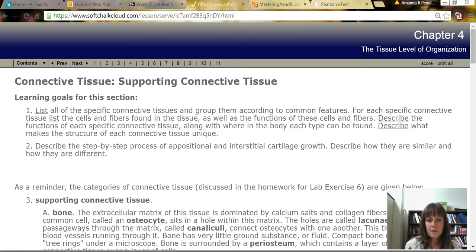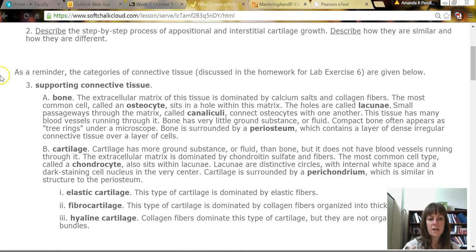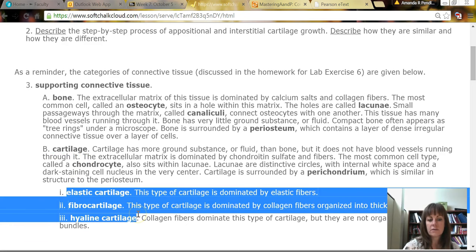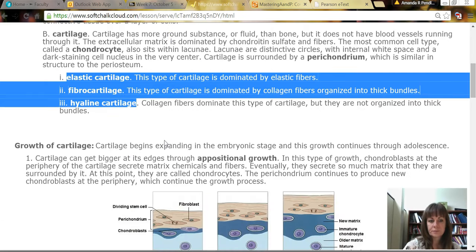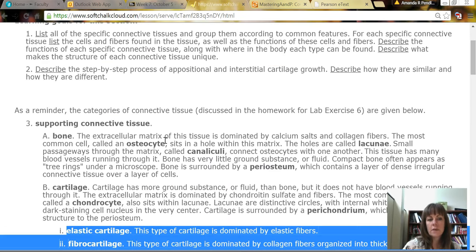Okay, so now we're talking about connective tissue, and specifically this time supporting connective tissue. If you remember from the lab exercise, there are two main types. We're going to have bone and we're going to have cartilage, and then there are going to be three different subtypes of cartilage. Okay, so let's begin by going through our note packets